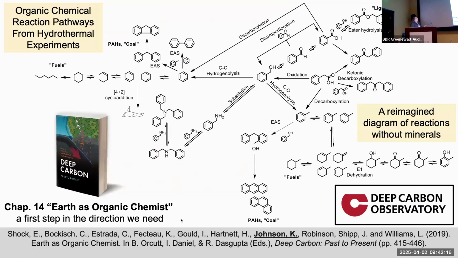this example, these are abiotic reactions that were observed experimentally. It is a reimagining of some of the reactions covered in this riveting chapter, Earth as Organic Chemist, in the Deep Carbon book from the Deep Carbon Observatory. This is work by many workers, many of whom came through Everett Shock's group in the hydrothermal organic geochemistry division, showing you that depending on where you start, you can go off in different kinds of directions, and you can also end up in locations where maybe you're going to stop